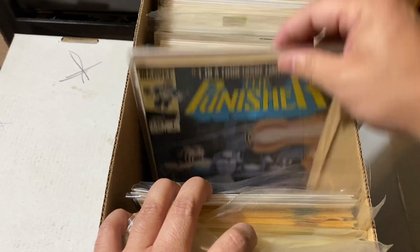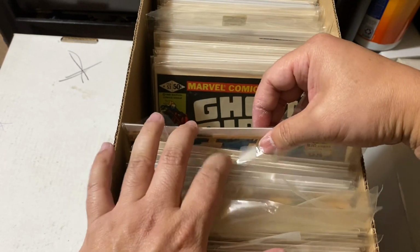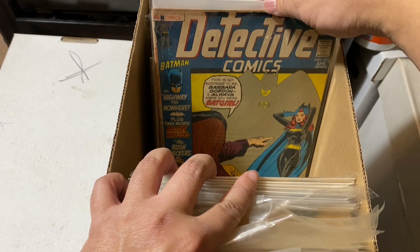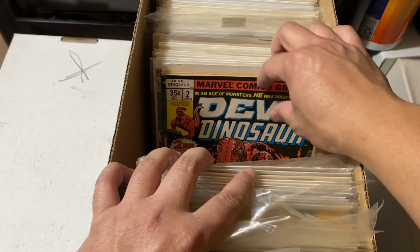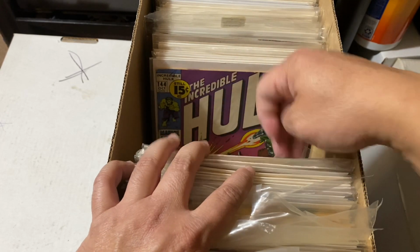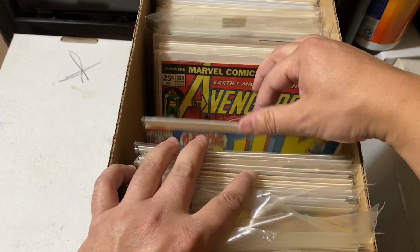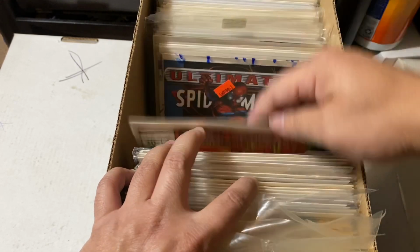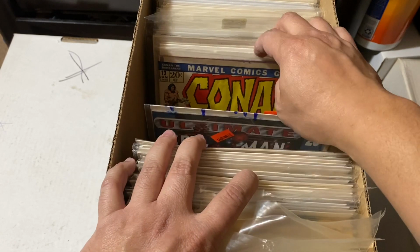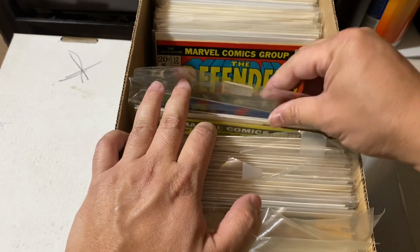It's a nice one there. I always love that cover. The Punisher miniseries. Some older Batman as well, Detective Comics. A lot of these books were in decent condition, mid-grade. They were, for the most part, bagged and boarded already, so I didn't have to worry about any major issues. There was some modern as well, but I would say